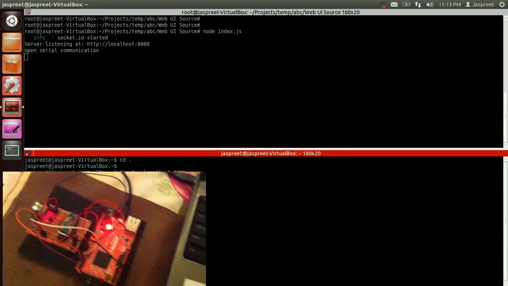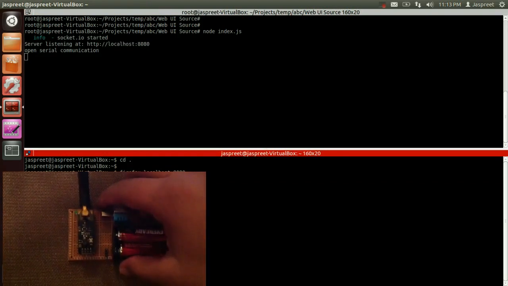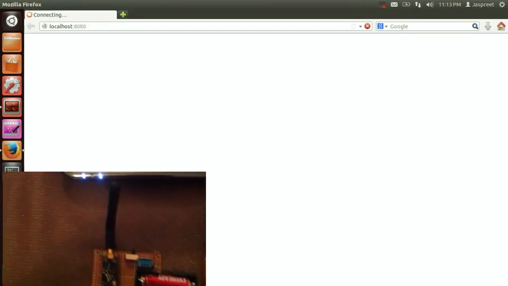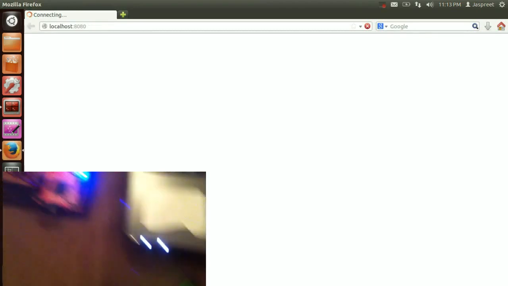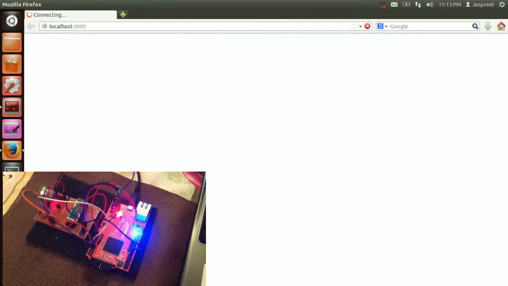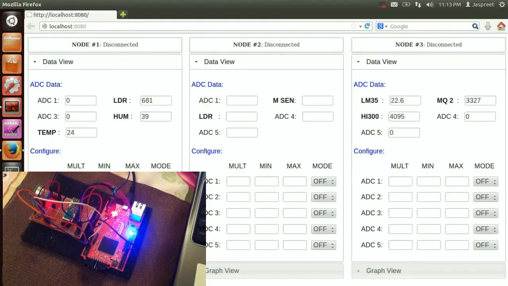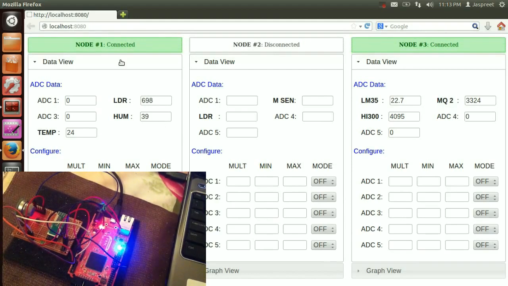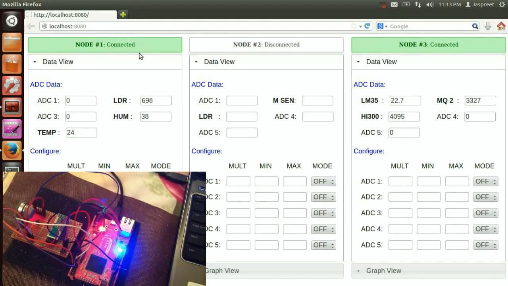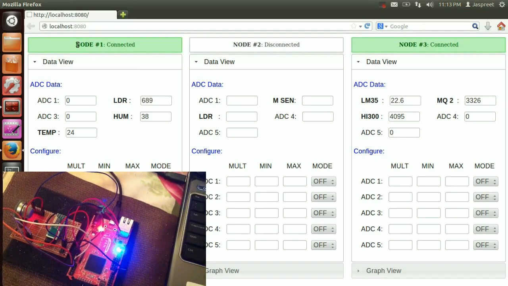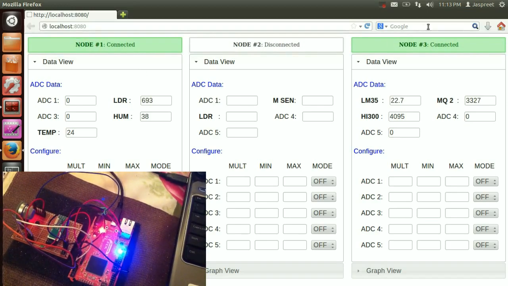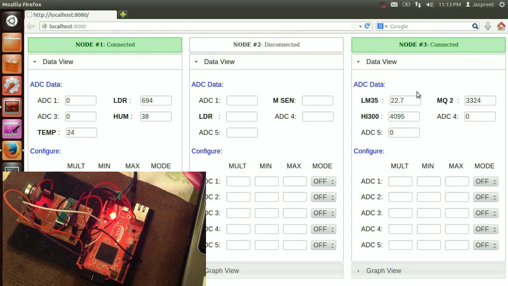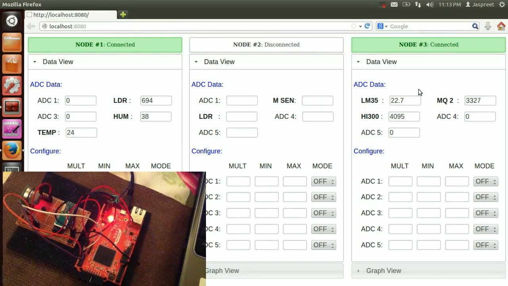I will open it with Firefox. Meanwhile, I will turn one of these nodes on. As you can see, the node is communicating with our GRKD board. The server is now active, and after an interval of 5 seconds, the status of the node is updated, which is showing that node 1 is now connected and node 3, which is our receiver node connected to the GRKD board, is also connected.